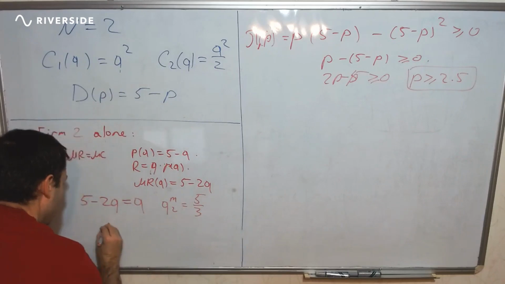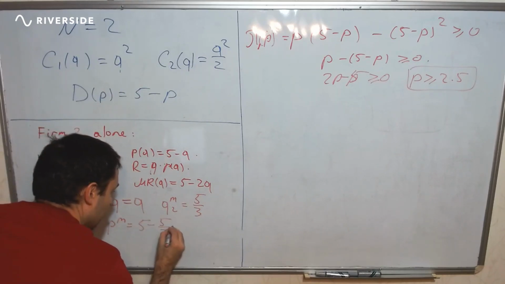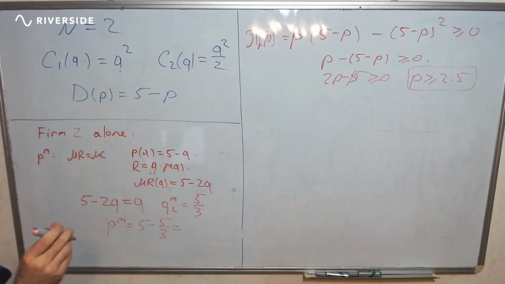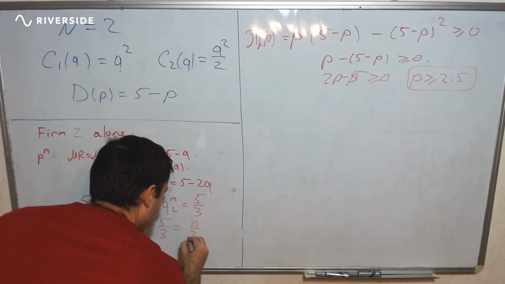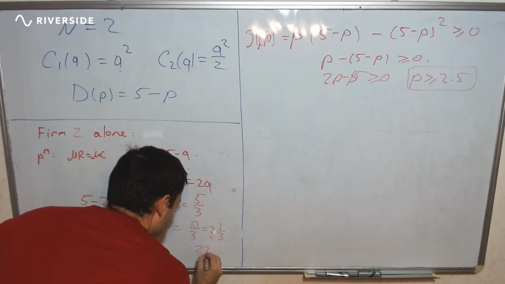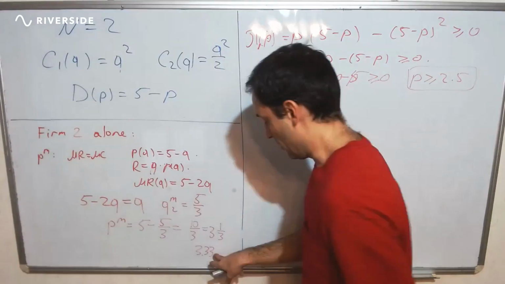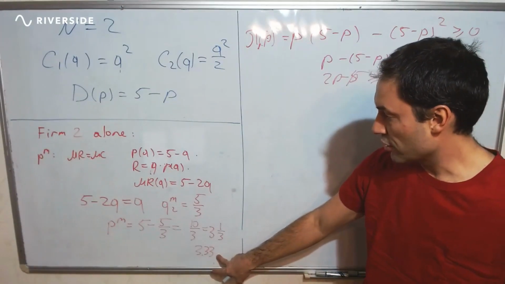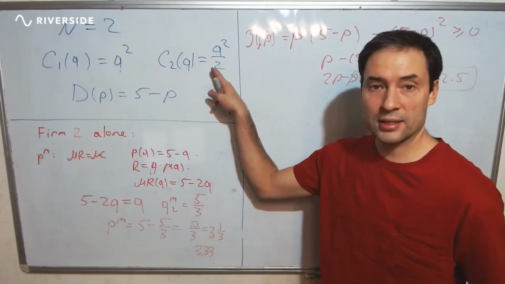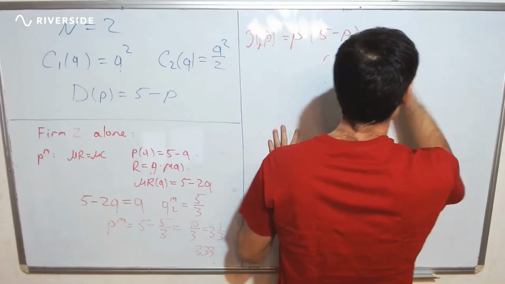And therefore, PM will be 5 minus 5 over 3. So it's 15 minus 5, 10 over 3. So that's effectively 3 1/3, or 3.33. Okay. So notice that firm 2's monopoly price is lower, which makes sense because its costs are more efficient. And now we need to solve